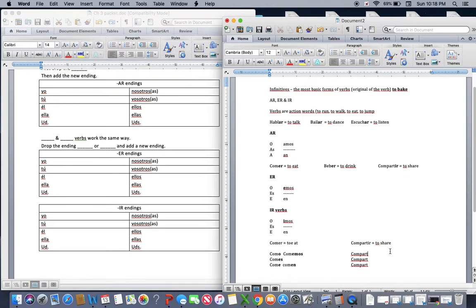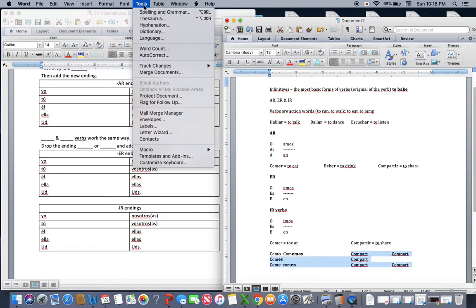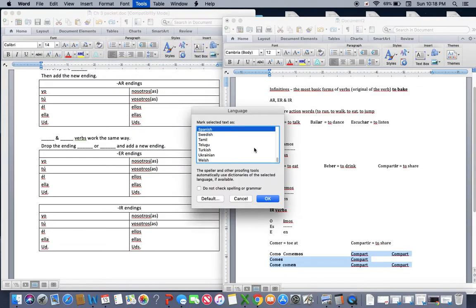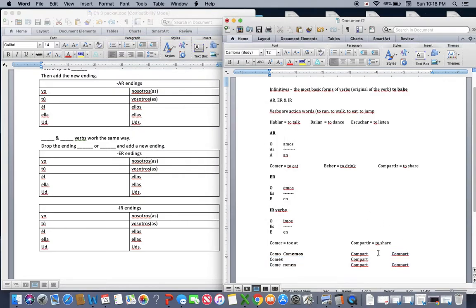Compart. And then again, compart. Skip that one. Compart. So all of these, sorry, I want to get rid of that underline part. Okay. All of these have the same stem. Now we just have to go in and add our IR verb endings. These are IR, it's an IR verb, so I need this chart here. So I'm just going to add an O, S, E, and then imos,